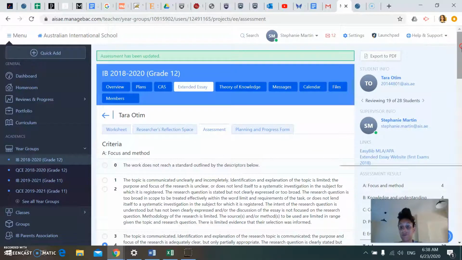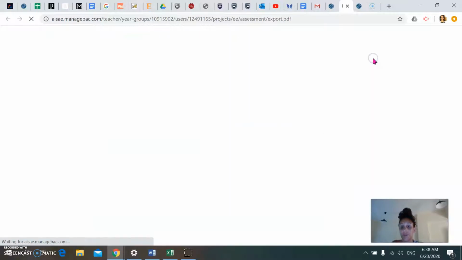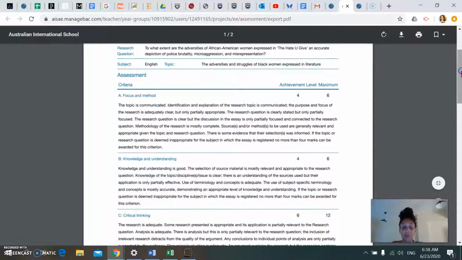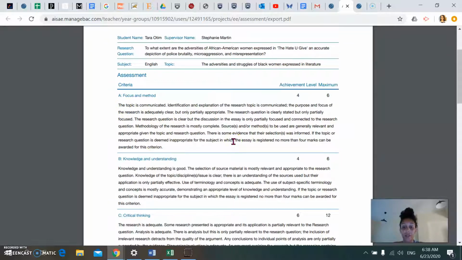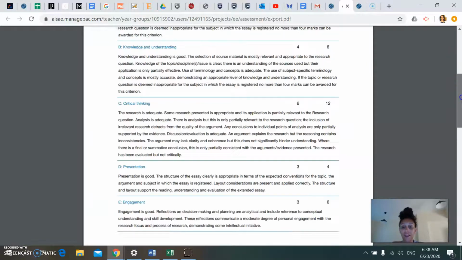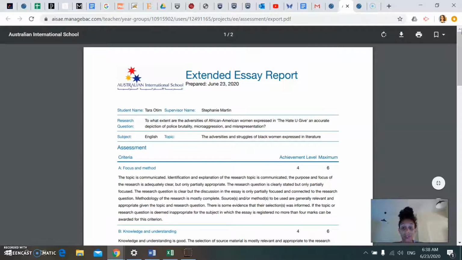So what you'll need to do afterwards is, whoops, if you just go up on the right hand side here and click Export to PDF, and it'll actually generate an extended essay report for you. It'll have the student's name, the research question, all their details from ManageBack, and then it will pick up which criteria mark you've given, and it'll include the descriptor from that band level of criteria in there. So if you can generate that, export it to a PDF, and then share this with your student as feedback,